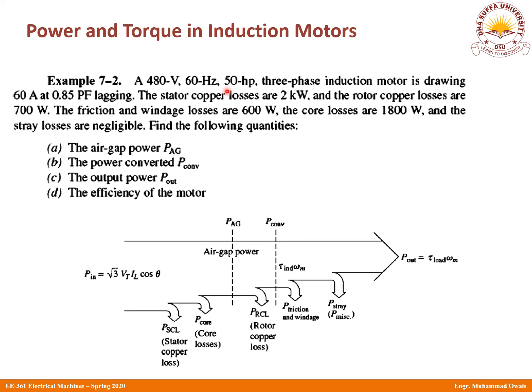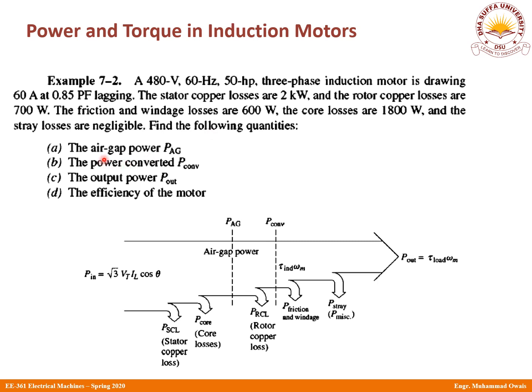So we have a 480 volt, 60 hertz and 50 horsepower 3-phase induction machine, basically a motor, which is drawing 60 ampere at 0.85 power factor lagging. The stator copper losses are 2 kilowatt, ठीक है, जो हमें यहाँ पे नजर आ रहा है, and the rotor copper losses are 700 watt। ये कहाँ पर है जनाब? ये हमारे पास यहाँ पर आ रहे हैं, ठीक है। The friction and windage losses are 600 watt, जो यहाँ पे आ गए, and the core losses are 1800 watt, ये आ गए हमारे पास 1800 watt, and the stray losses are negligible।